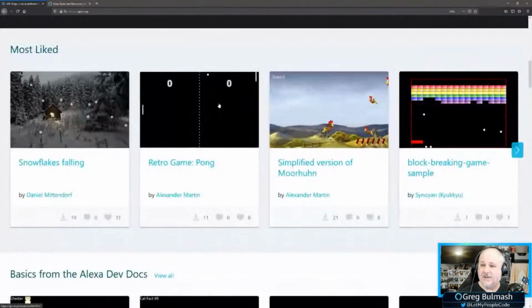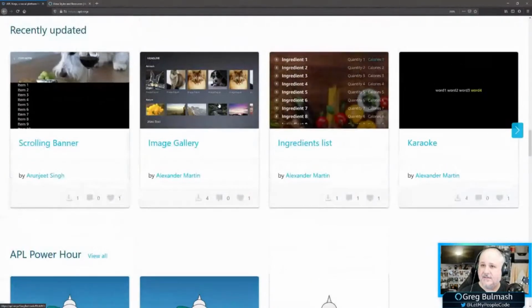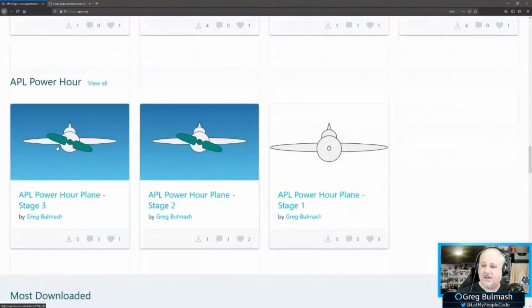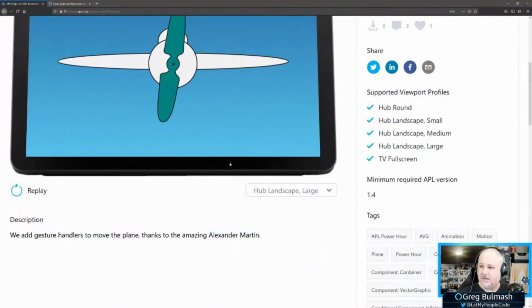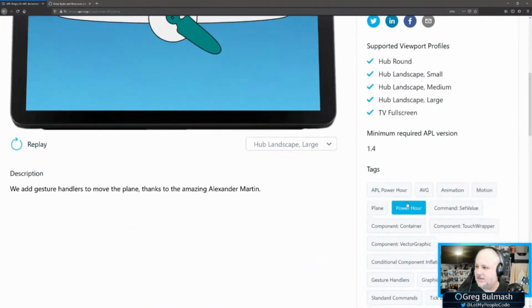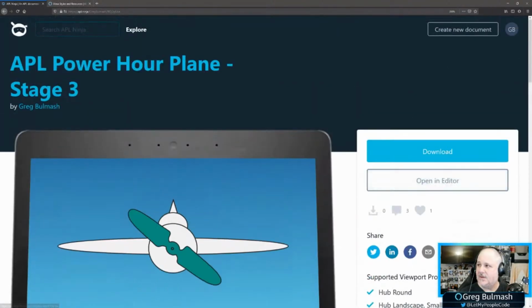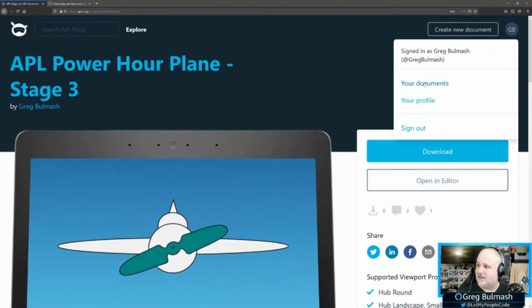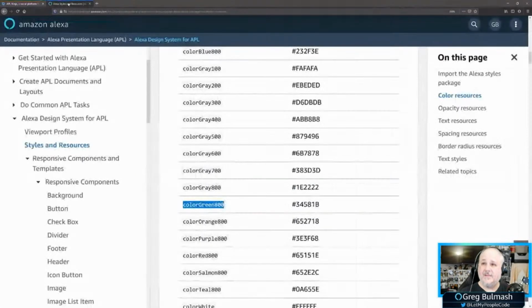And now if we go down here, thanks to Alexander for creating an APL Power Hour. What's the code? Let's look. So let's go to my documents. Ah, that's why.